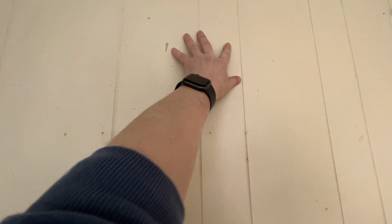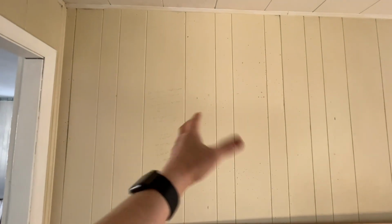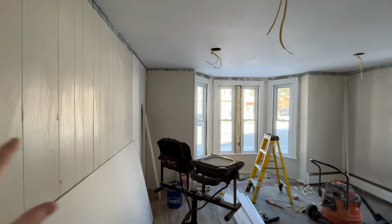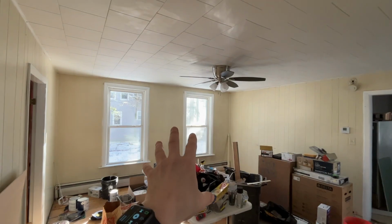So on this wood paneling, I used wood putty to fill in all the little holes. And as you can hopefully see over on this wall, yeah, it's kind of a mess. So I went through, I filled all the holes, I puttied where I needed to. It's already been just lightly sanded. And I did a first coat on all of the trim in this room, as well as this big room up in here. So as far as I know, I've removed all of the obstacles that I would have when normally trying to paint. So what we're gonna try and do is roll this room here, this room here,